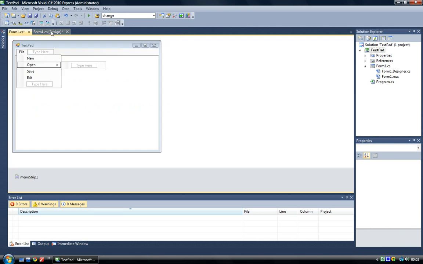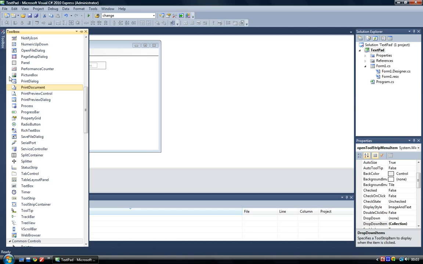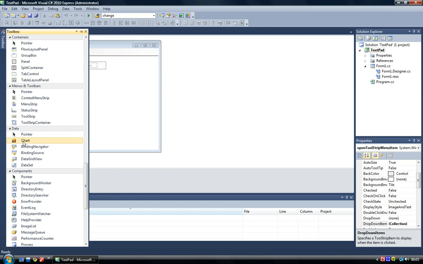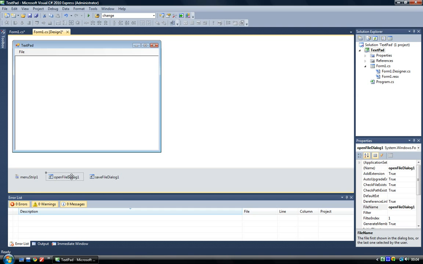and for it we need to add two more things. We're going to add an open file dialog, and we're going to add a save file dialog. Okay, so click on the open file dialog and remove the file name, because we don't want any file name to start with, but we do want to add a filter. We're going to load RTF files. Okay, RTF file, and